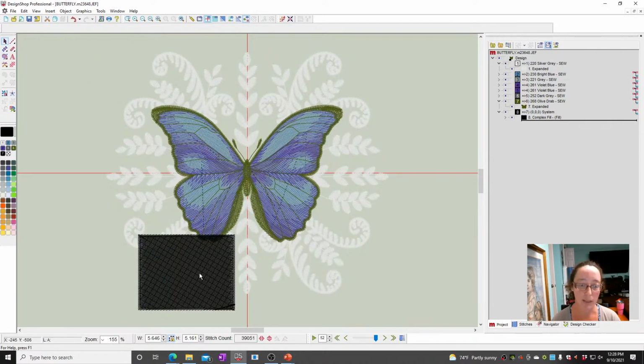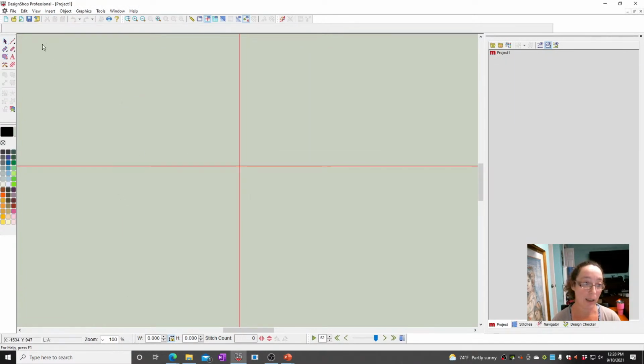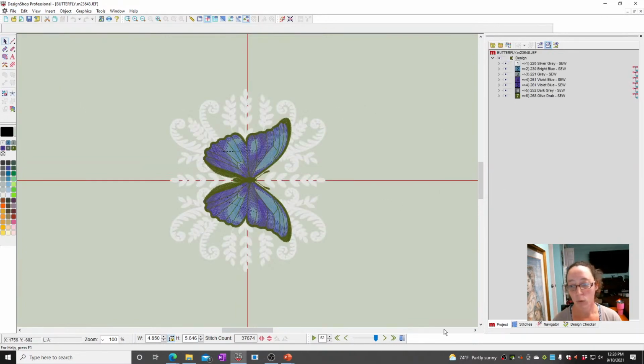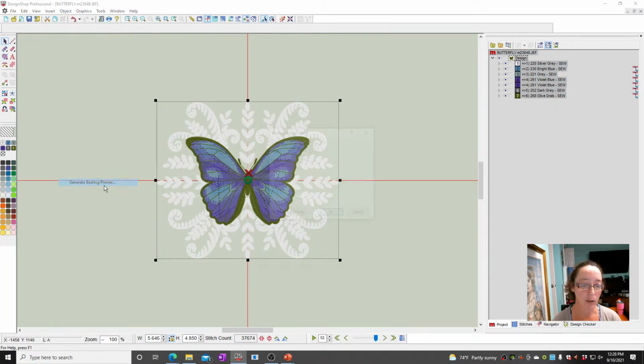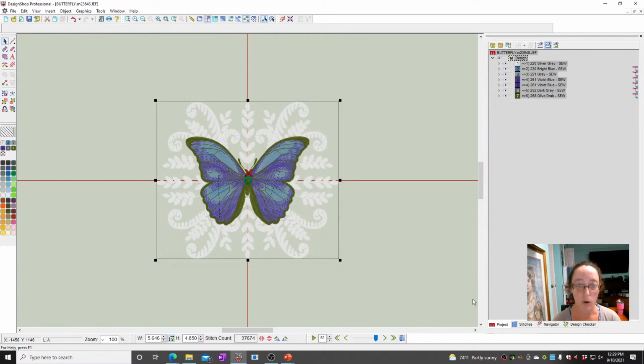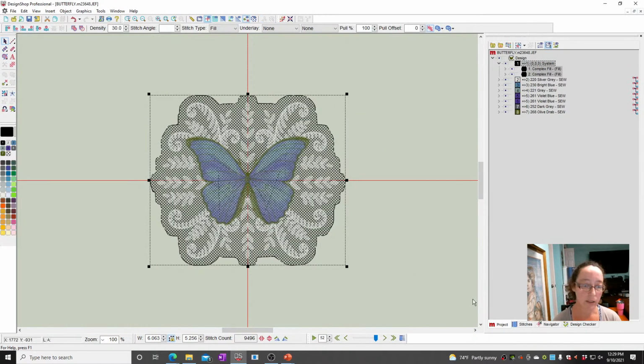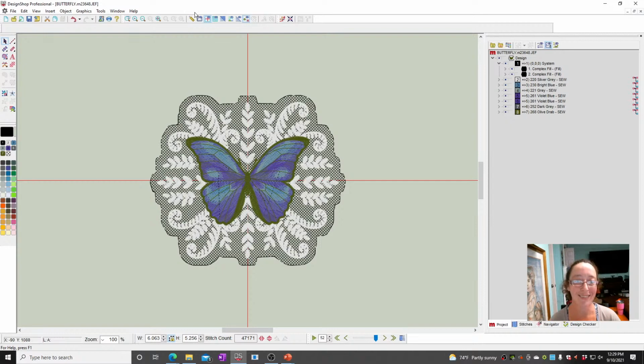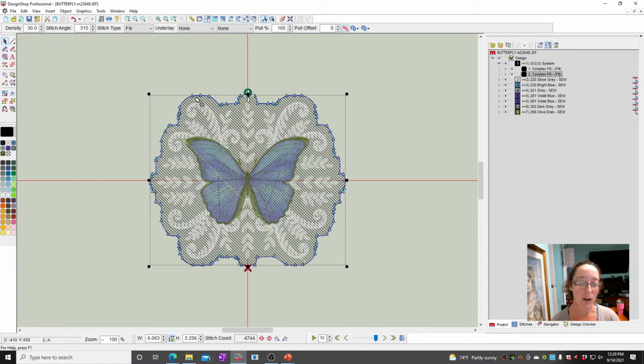Now, if your question really was asking how do you do an outline if you want to turn this thing into a patch, let's say, what do we do with that? All right, if I reopen it, I can go Object, Generate Basting Primer, change this to primer with whatever offset you want, and it'll conform it to an outline. Now clearly that's not a patch, right? So now I have to modify it, but that at least gave me a shape that conforms to the outline of my design. So I could delete one of these, and now I can change this over